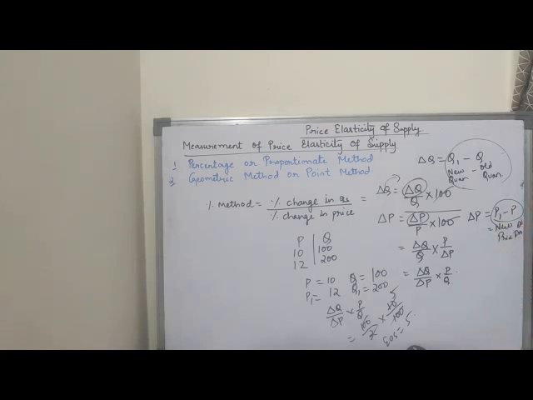So this is one example, very easy, which I have shown you, that as price increases, my quantity supplied also increases. Now there is no sign here, because in the law of demand we have seen the negative sign, but as there is a positive relationship between price and quantity supplied, there is no need to put the sign here, because the answer will come out positive. So for that reason we don't put the plus sign. Is it clear? So elasticity of supply is equal to 5. Is it clear, I hope?